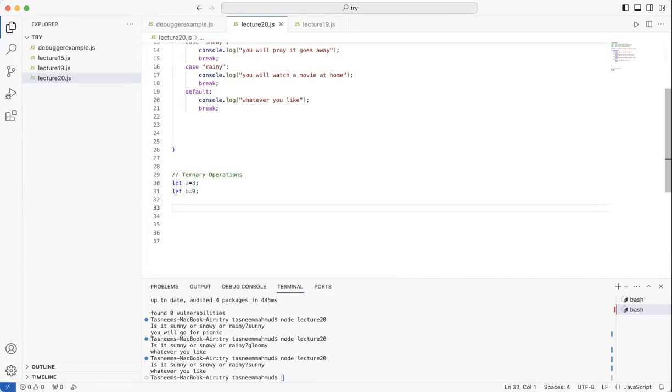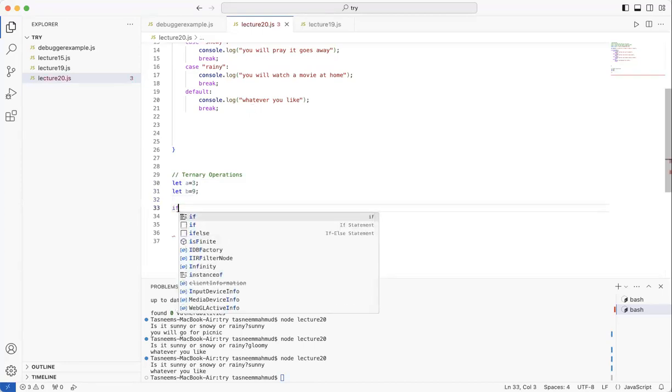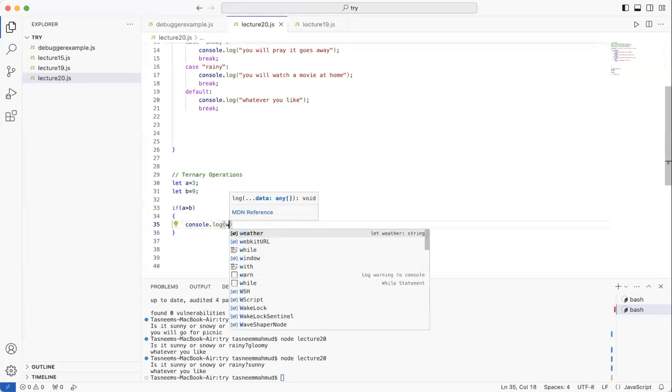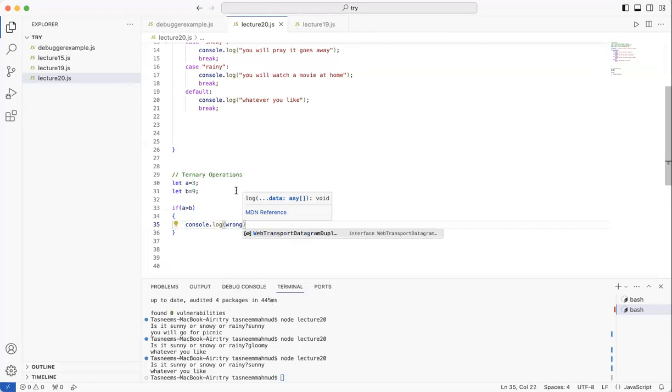Now, if we have to write an if-else statement to say which one is greater, say if A is greater than B, we write down console.log wrong, because A is equal to 3 and B is equal to 9. So it cannot be correct, right?